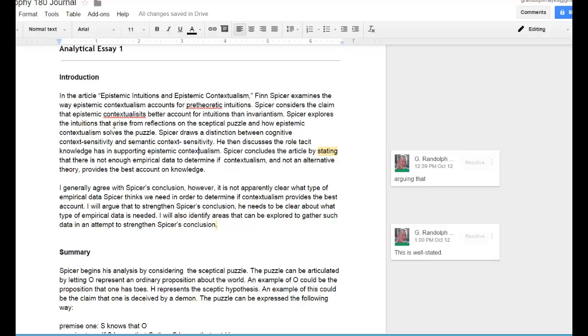But you don't have to tell me what the whole article is about. You can really be focusing on the aspect of the article that interests you. But this is a very general characterization, and it's brief. Even this paragraph is maybe just a little longer than I would like, but it's certainly within bounds. I don't want you to be starting to summarize the article in any detail, because that's what you do in